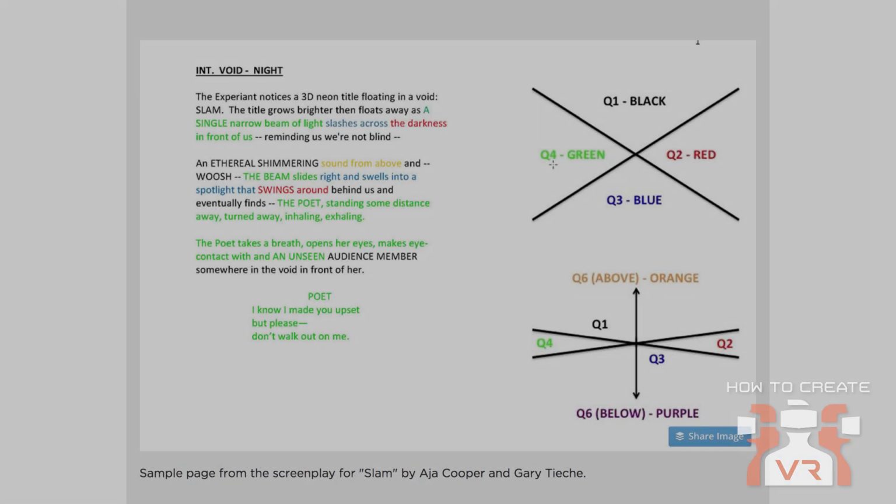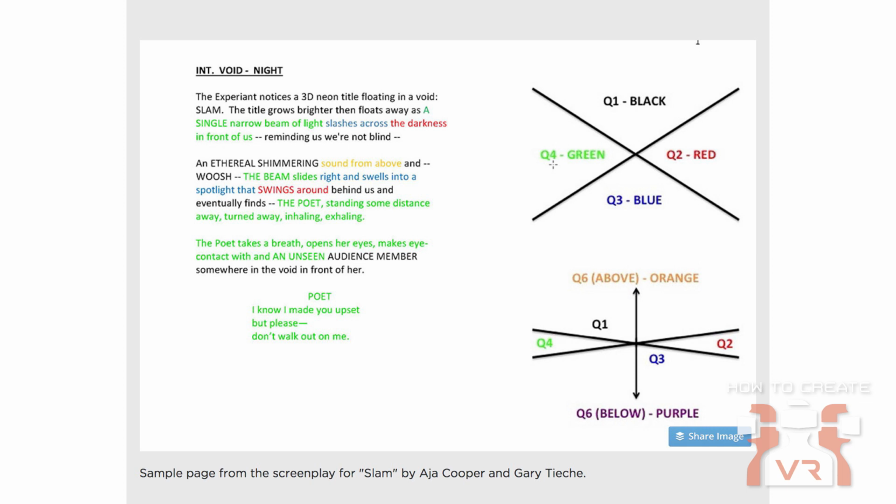I also do want to show a sample page from the Screenplay Slam by the two creators listed at the bottom of the screen. Several people have pointed to this as a great approach in VR. You can see that we actually have the words or the story in paragraph form over on the left-hand side of the screen. And then over on the right-hand side of the screen, we're talking about the different quadrants that the audience is seeing, and then using color coding in order to connect those quadrants to what the audience is seeing. This is yet another approach, and I've seen it be quite effective in how creators will engage it. It's interesting to me that we have all these different approaches right now.